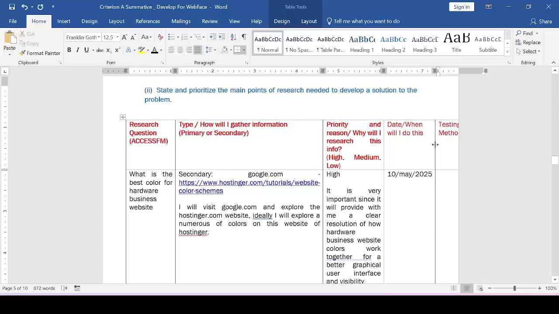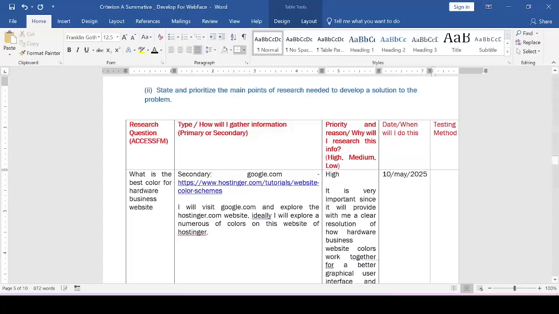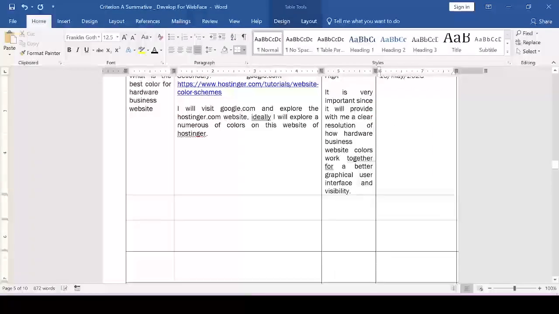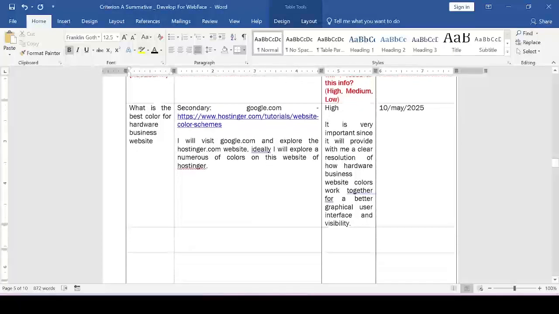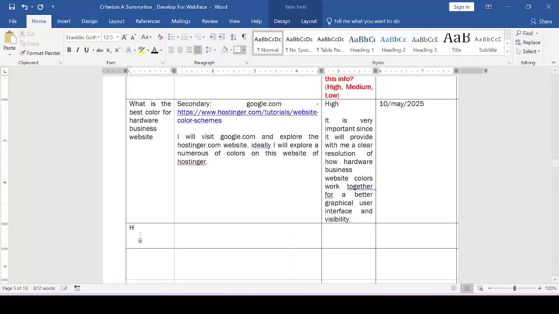How maybe you may test this, but this is optional, so you may leave this for now. Just concentrate on this. Now I picked this first question from Access FM, but acronym A, which is aesthetics. Now you can pick another question from cost C. So here I can say, how much does it cost to build